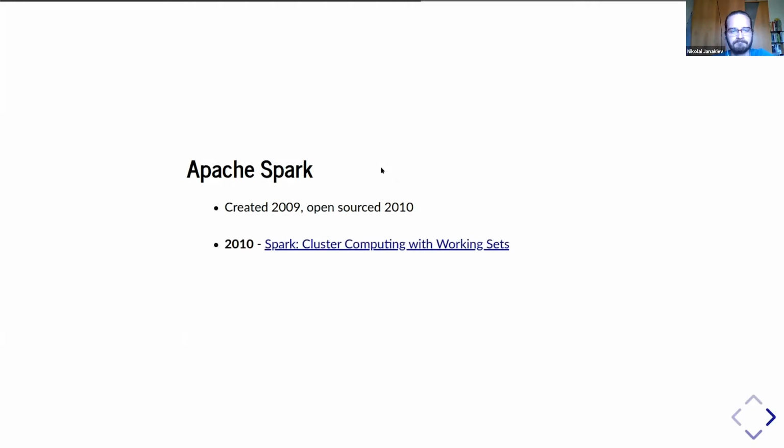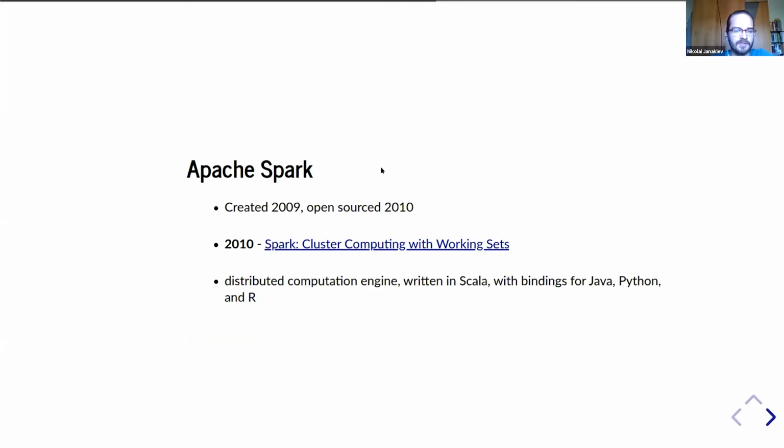for it. And it's this distributed compute engine which runs on top of Yarn, or you can also run it standalone. But generally, they use it on top of Yarn, and it's written in Scala. It has bindings for Java, Python, and R. And you would run your queries with Apache Spark, which would look like an SQL query, for example, or you can use functions that look similar to